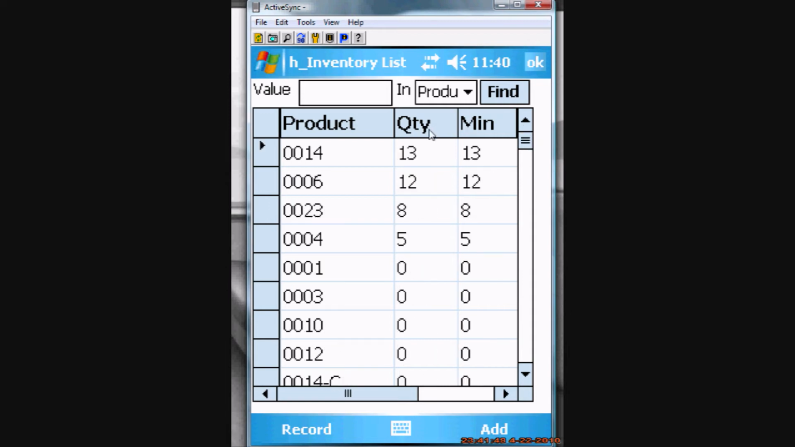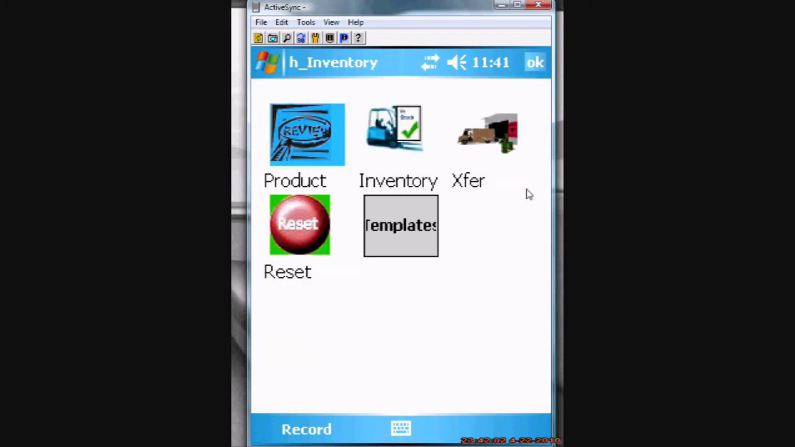If I put this in reverse order, you can see here's the items that I put in, and the minimums all match. And that is a really convenient way to get your handheld all started up with the truck inventory to get started, or on a regular basis when you want to do an inventory count and just do an overall count of your